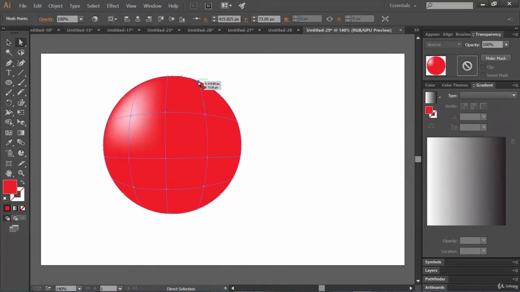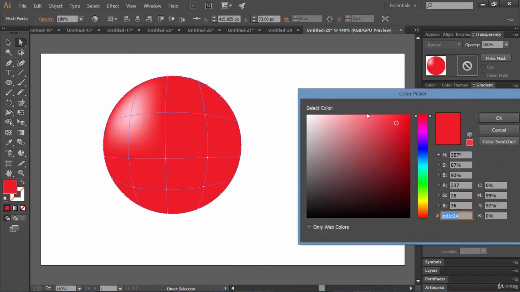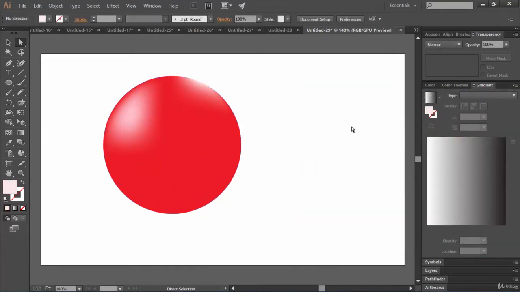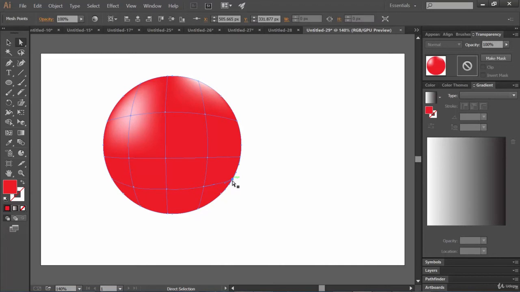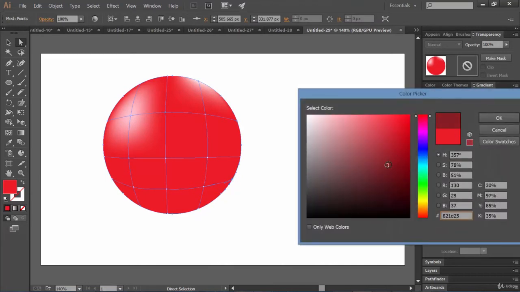Let's select this anchor point and change its color. Let's make it white and see. Now it is making some sense, right? Let's come here. Select this anchor point. Let's make it darker.